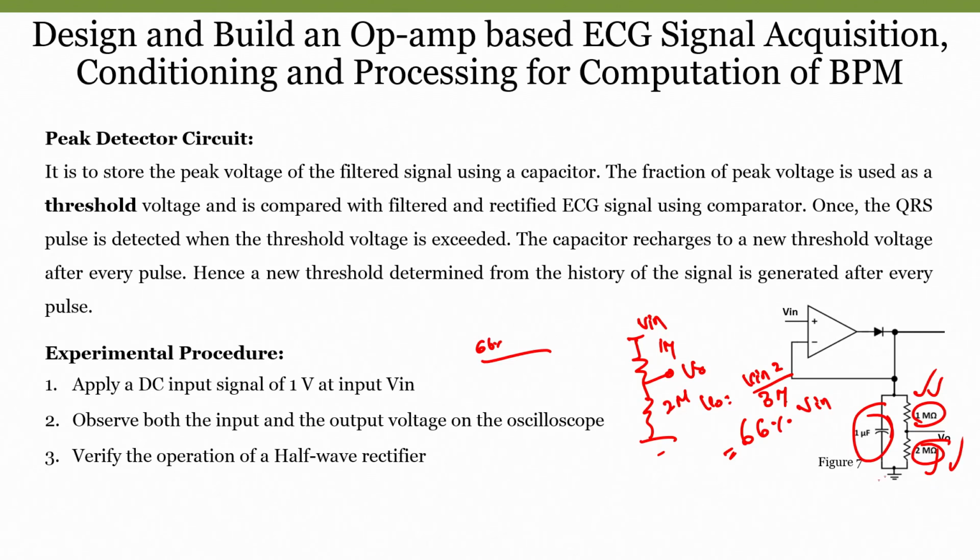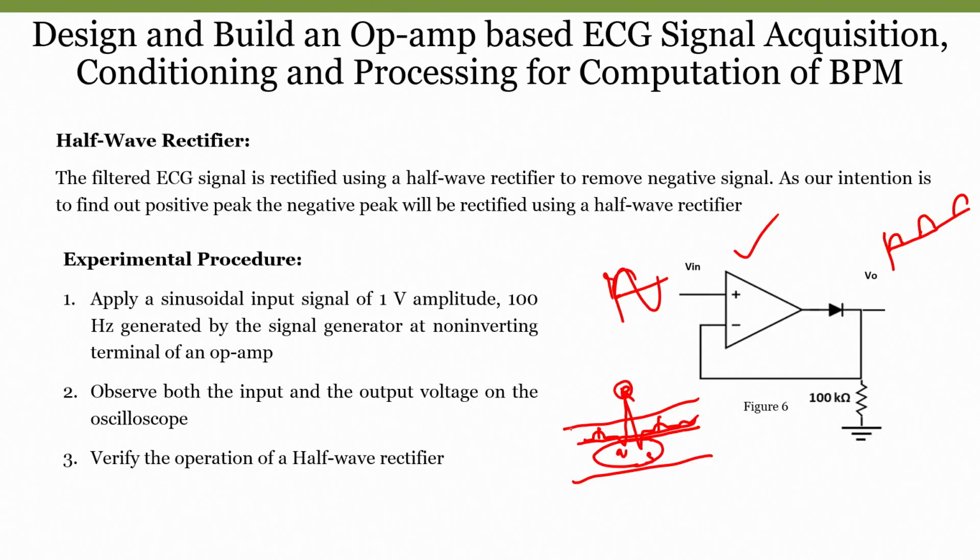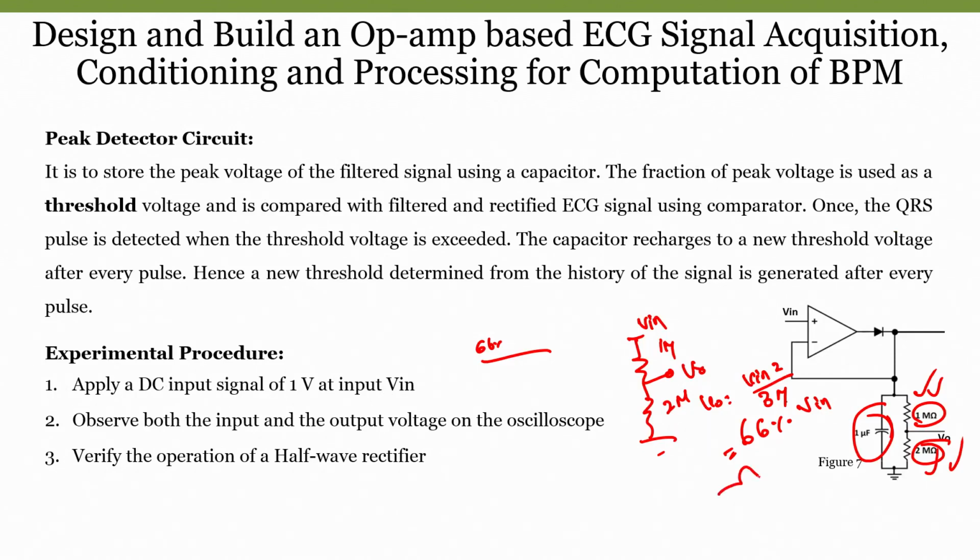So, whatever we get is nothing but the signal which is greater than this threshold. This threshold is 66.6%. So, you will get a signal like this, right. In the simulation we will pass a sinusoidal signal, and we will look at this point without this particular part, to see whether the capacitor is charging to the peak value or not.